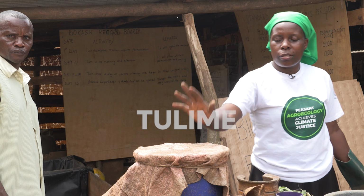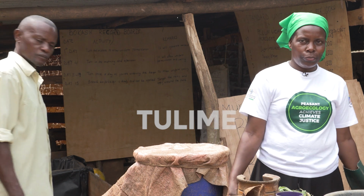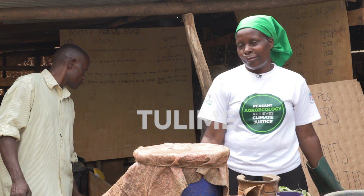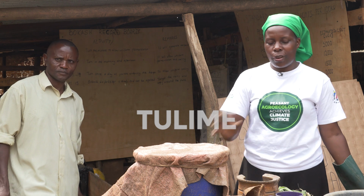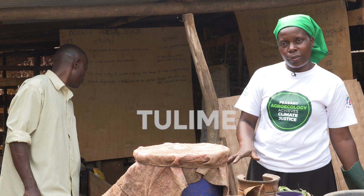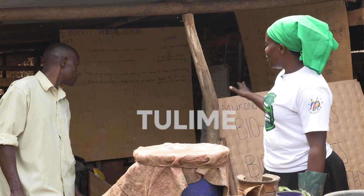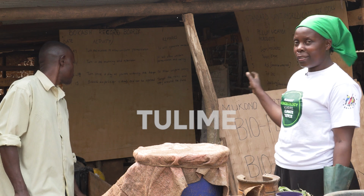For my process to take place, the composition, the temperatures where you're going to keep your mix, should it be hot? They are supposed to be cool, dry and cool. Dry place and cool. So when I look at my shelter, because this is our soil factory and our testing